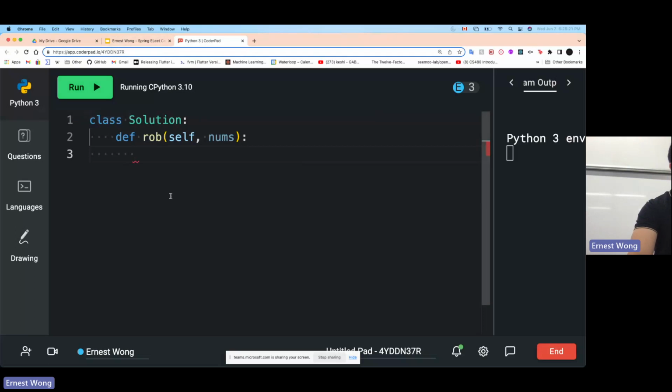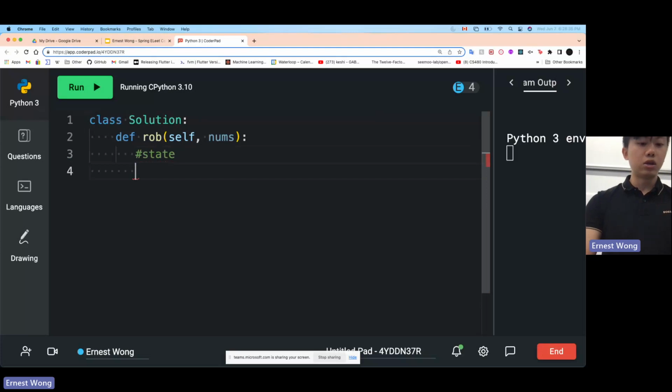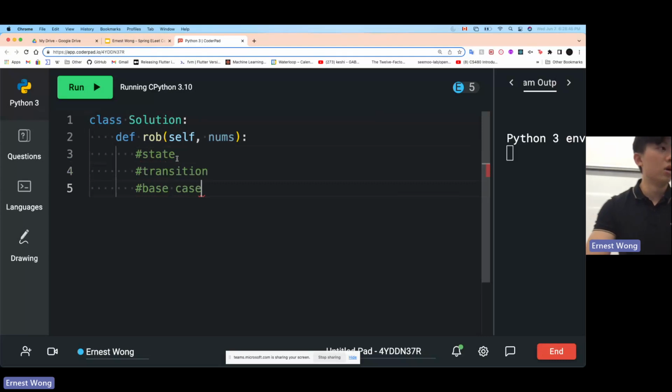So what we can think of now is, okay, this could be a DP problem because we're trying to maximize something. And since this is a DP problem, we want to find our state, transition, and base case. So let's write these out as comments right now: state, transition, and base case.